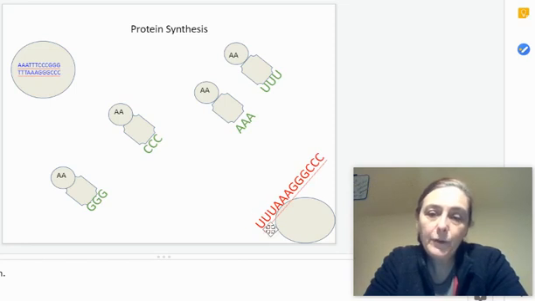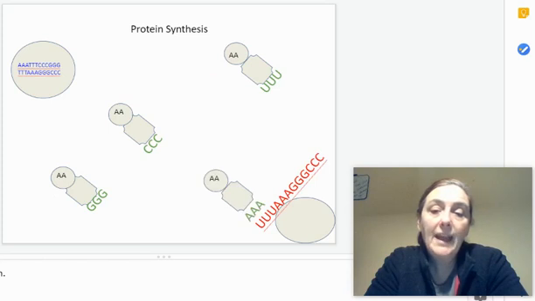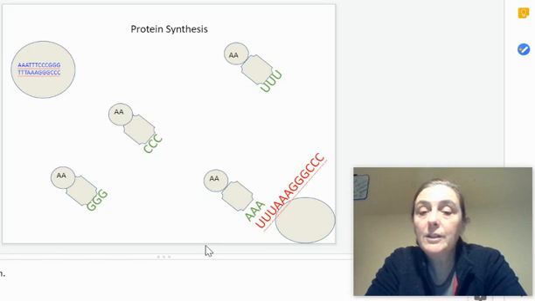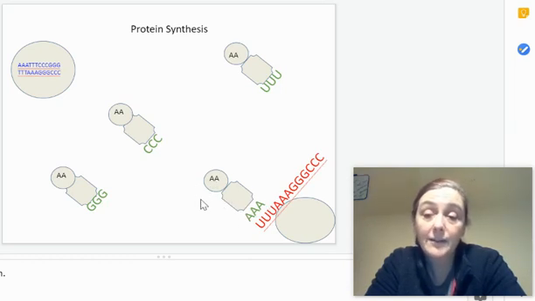So if our first codon on mRNA is UUU, what anticodon would match that? Would GGG fit in there? No. No, AAA would fit, and it would be carrying its amino acid. Well, it turns out that if this is UUU and this is AAA, then this tRNA is carrying a particular amino acid called phenylalanine. That is true whether this is a human being